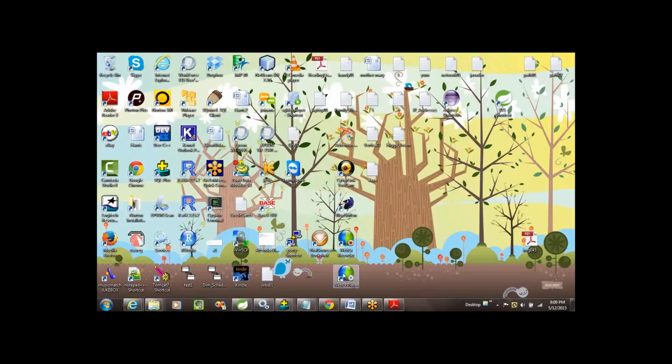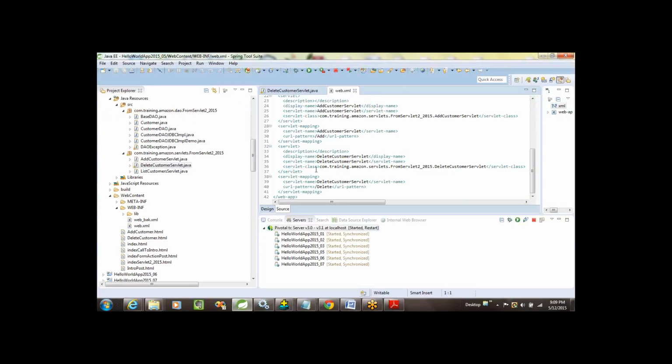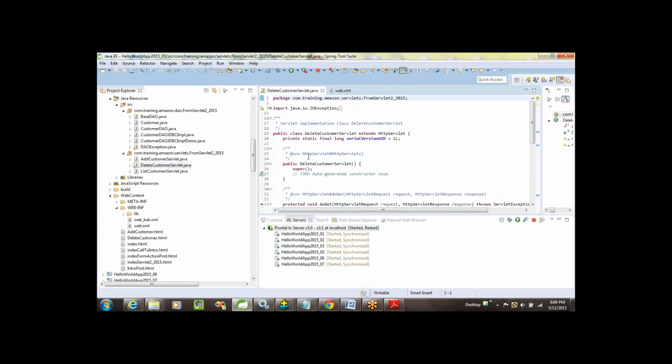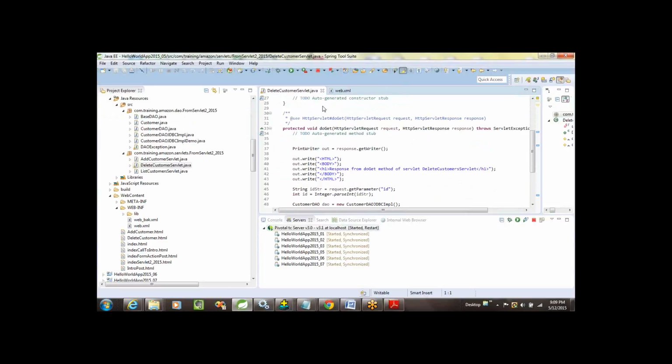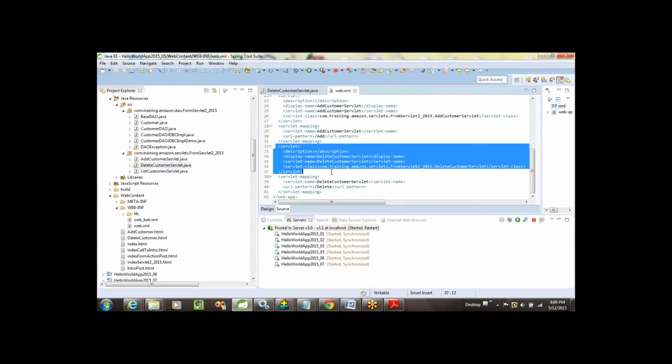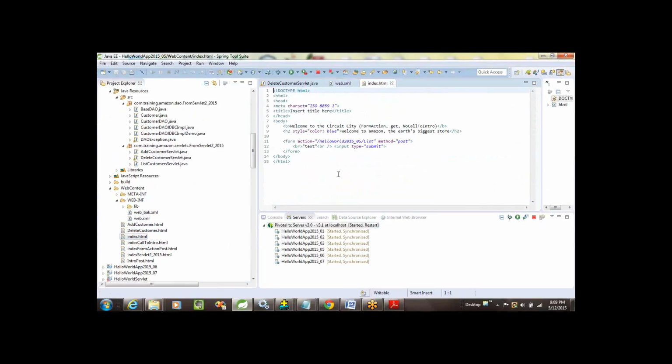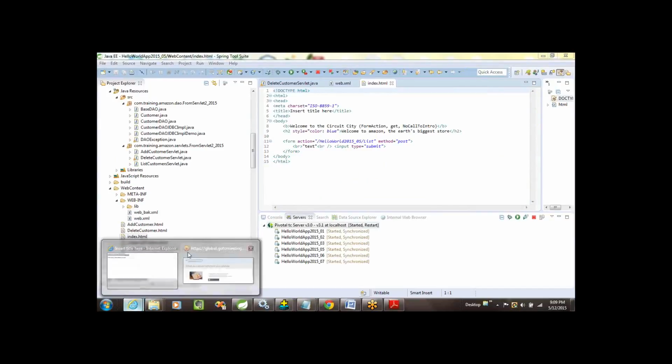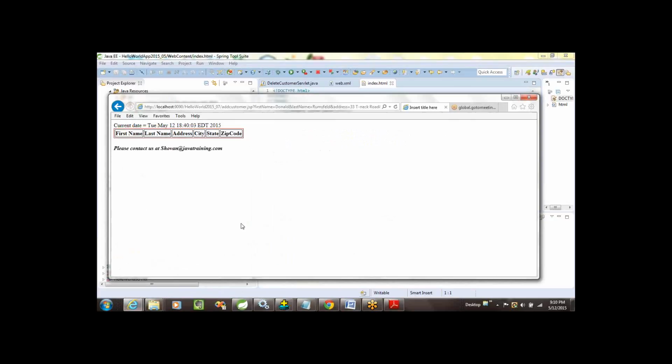Okay, so you can see my screen now? Okay, this is my delete servlet. This is my web.xml, you can see it, right? And over here I've got this delete stuff. Okay, and index, let me choose, this is my index.html. Okay. Now, when I'm going here,